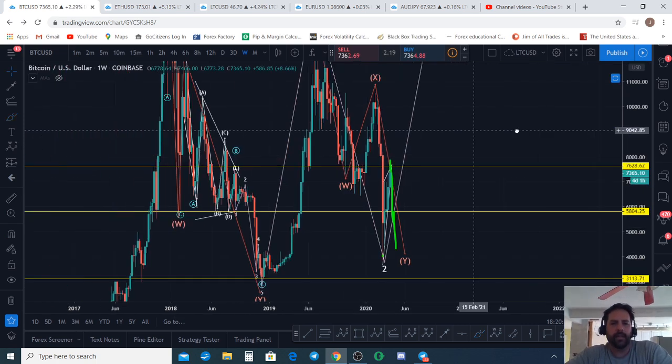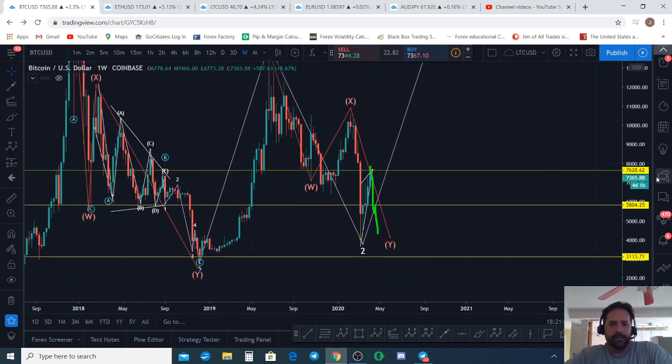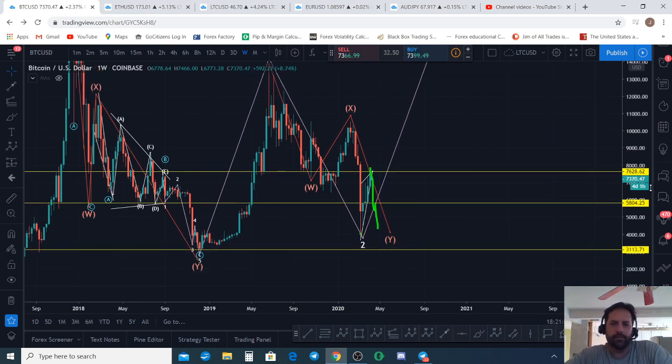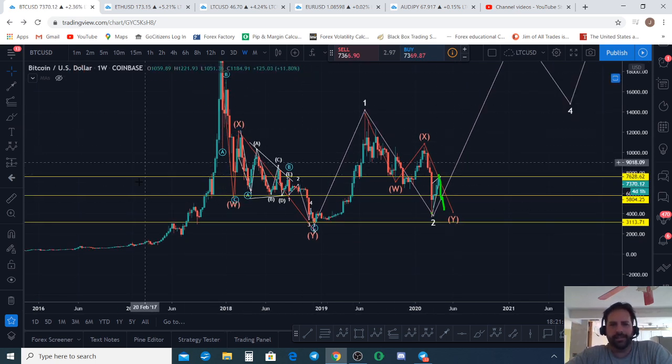Did we bottom here, or do we have one more hit to the low? That's always the big question. Do we bottom here, or do we have a hit to the low? If we have another hit to the low, it dare not break 3113. And if it does, I mean, it's fine. The market can do whatever it wants to do, but I'm going to have to just go back to the drawing board on this count and say, I think my micro count is correct here, but in the